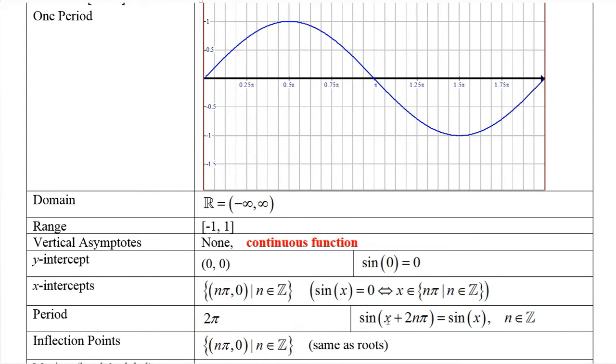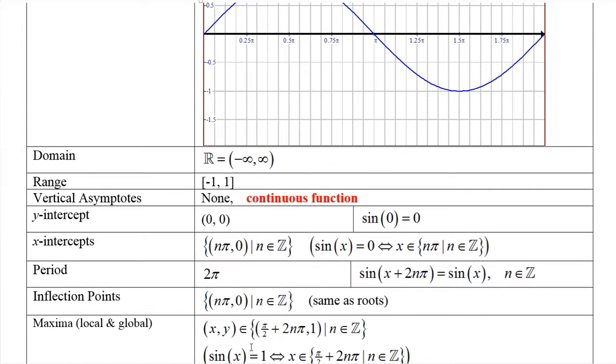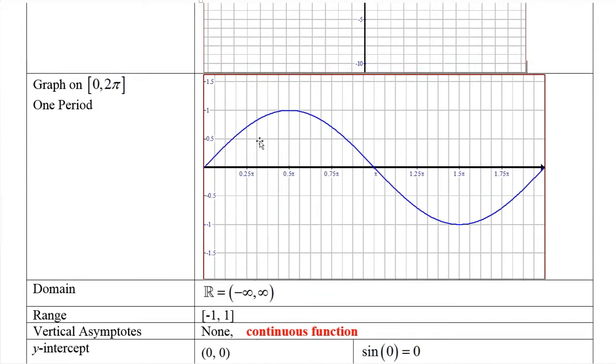The period is 2 pi, so that says if you take sine of x plus any integer multiple of 2 pi, you get the same as the sine of the function you started with. This is a horizontal symmetry, a translational symmetry. So you're translating it and it stays the same. The inflection points happen exactly where it touches the x-axis, so again those are multiples of pi, same as the roots, and it has maximum and minimum,